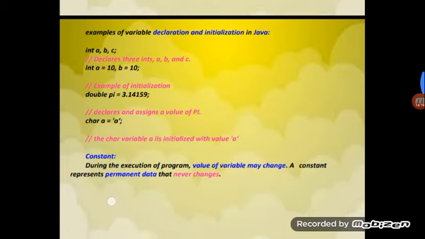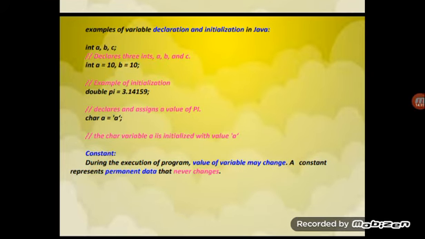For example, int a, b, c declares three integers. Then a is equal to some integer value, and the value is stored in memory. b is a variable, and I am initializing it with the value 10, which is stored in that memory.